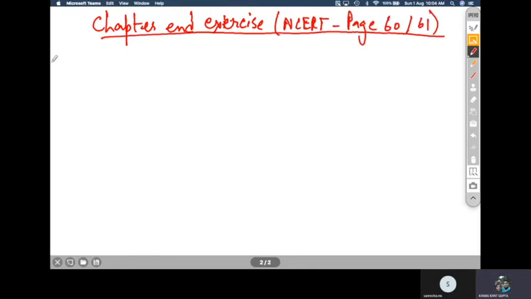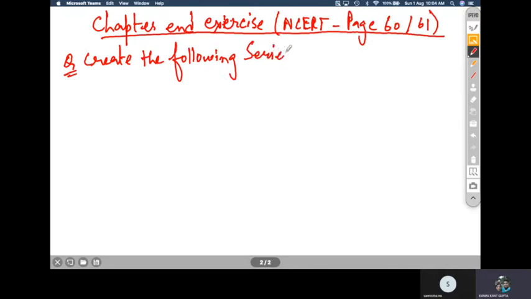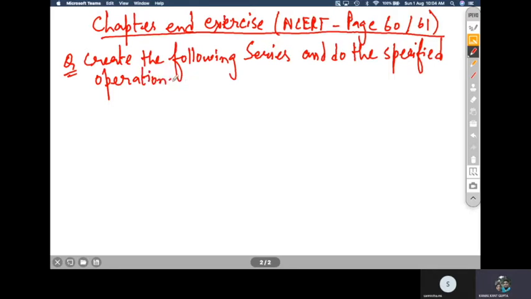So the first question given here is: create the following series and do the specified operations. You are asked to create a series and do the operations that follow.